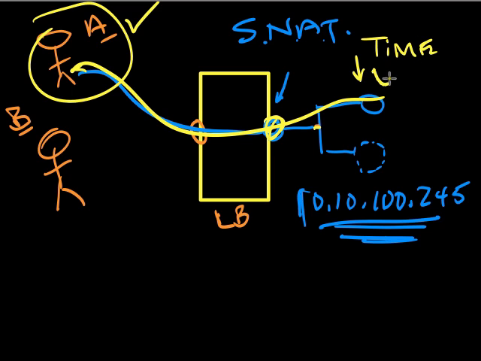TIME_WAIT. You can see this in netstat -an, by the way, on clients and servers alike. So it's going to go into the TIME_WAIT state, and basically the idea here is that when you do a successful close, the sender of the final ACK, or the first FIN, as the case might be,